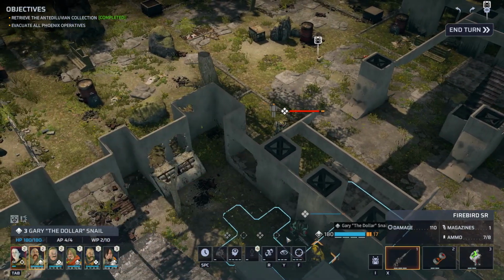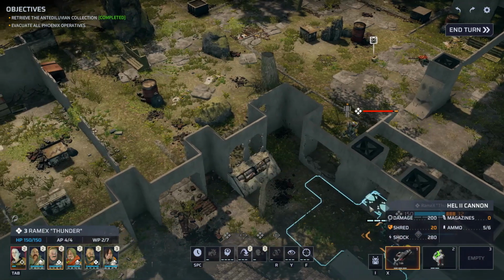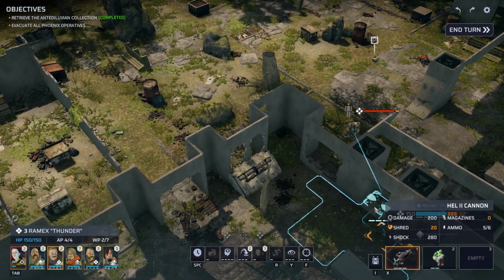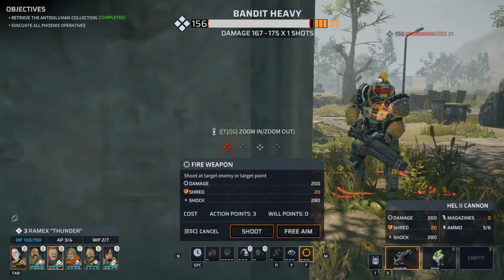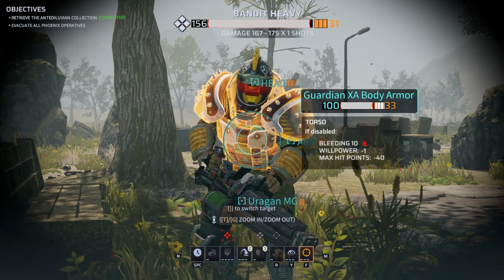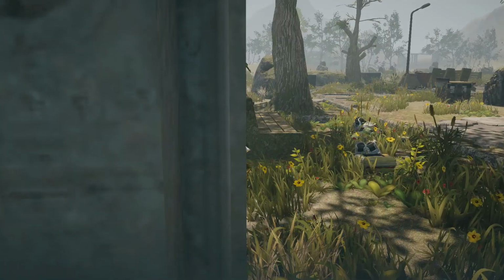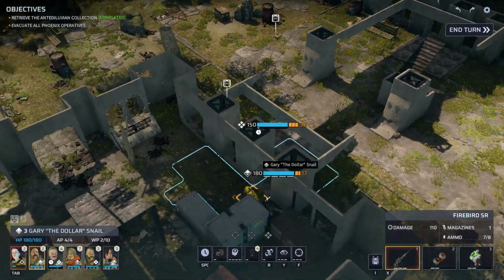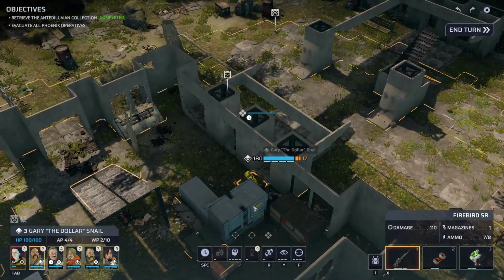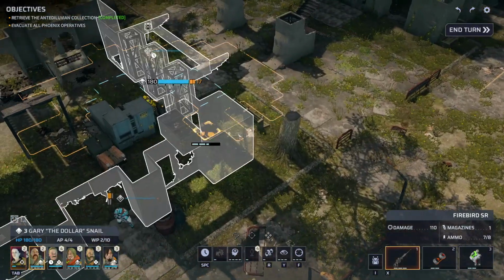Oh boy, oh boy, oh boy. Are we feeling lucky here, Ramex? Because this guy's a little too close for comfort. Oh, that's when this gun is fun. I think you're getting a feel for it now, because you made that gun thunder. Oh boy, did you. What I'm going to try